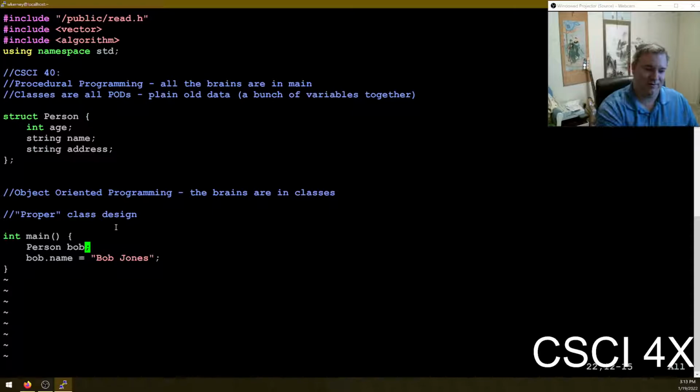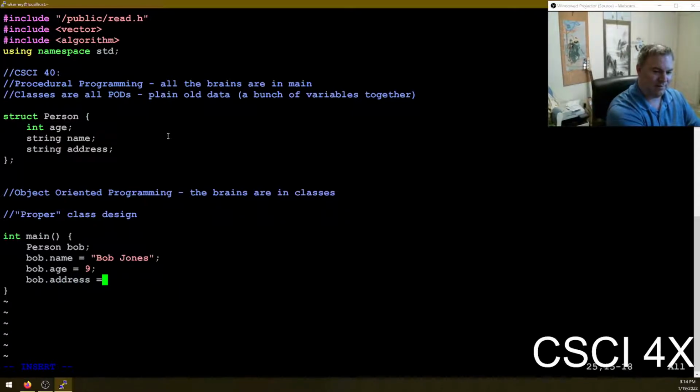So this is the CSI 40 way, and the CSI 40 way, by the way, isn't bad. I said this in the previous class, and I'll say it to you all. Just because you're learning a new way of doing things doesn't mean that it's better than the old way. Procedural programming is fine. Pods are fine. Plain old data is fine. It's when you make a variable that's just a bunch of variables together. Like a person has an age, a name, and an address. So every person has a name, an age, and an address. So if you make a person named Bob, you can set Bob's age to be 9, and Bob's address to be